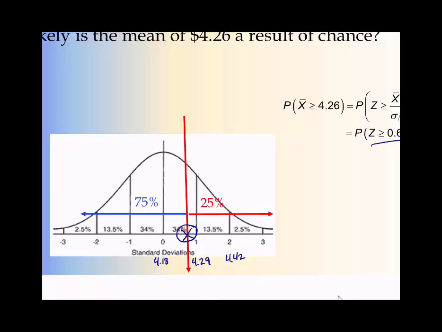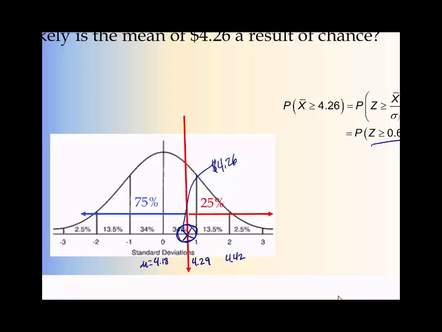So we can go ahead and write right on here that we've got our mean. This was our average, or people were generally willing to pay $4.18. Then they did the marketing campaign. Then they went back out and they tried to determine what people were then willing to pay. And our value is about right there, and that is where we would put our $4.26.